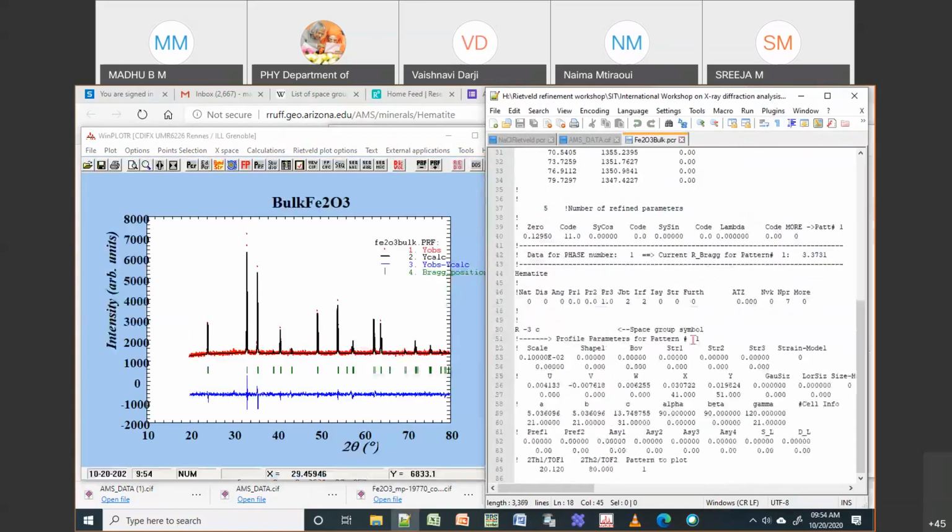When you want to do it in a notepad, you should remember, if I put 1 1, that means I'm asking the program to change the value of this zero. That means I'm asking the program to fit this zero. If I put 0, then I put 1 0. That means it should not change when we try to fit this data. In the same way, if I put 21, this means this is the second parameter which needs to be changed. This is not linked to zero, so I have to give a different number.